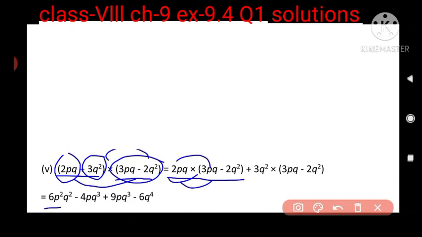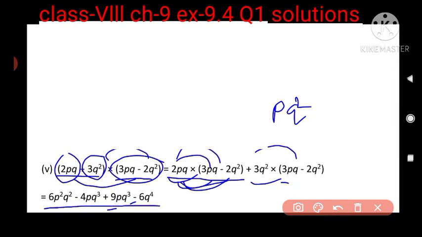Now for the next, this is minus, isn't it? This is minus and this is plus. So plus minus will be minus. 2 into 2, 4. Now p, there is no other p, so only p. Now q and q square. Q and q square is equal to how much? Q and q square will be equal to q to the power 3. Now for the next, 3 into 3 is 9. And here is only one p. Then for q, how many? Q to the power 3. Now next, minus is there, so it will be minus. Now 3 2s are 6. Then q to the power 4. This we got, isn't it? This is the required value.